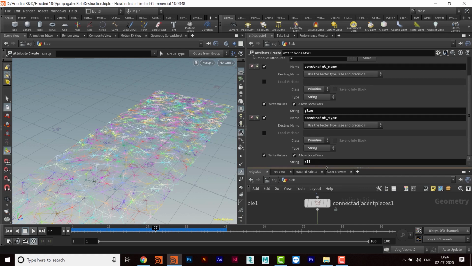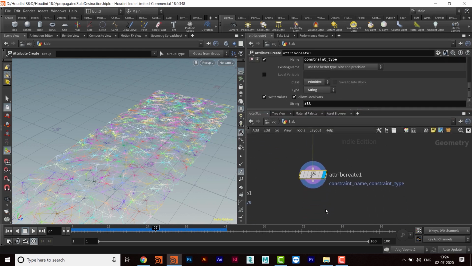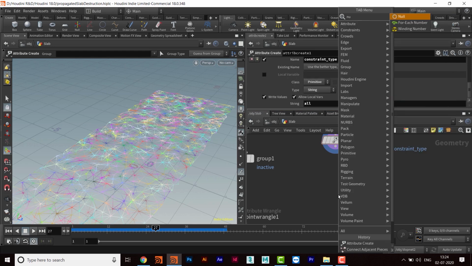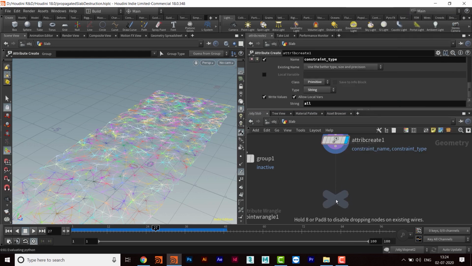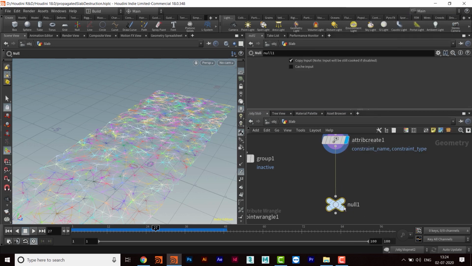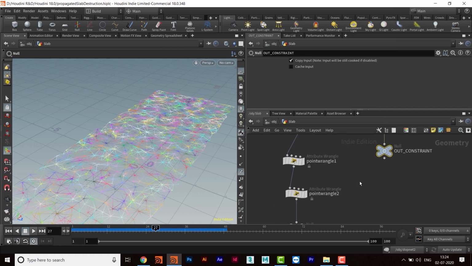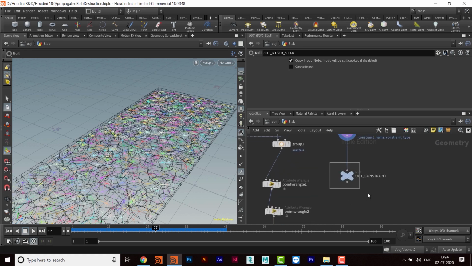Okay, so these two attributes we will create for that, and then we will take a null, and then I'll name it out constraint. Right. So from the rigid body we'll call from here, and the constraint will call from here.